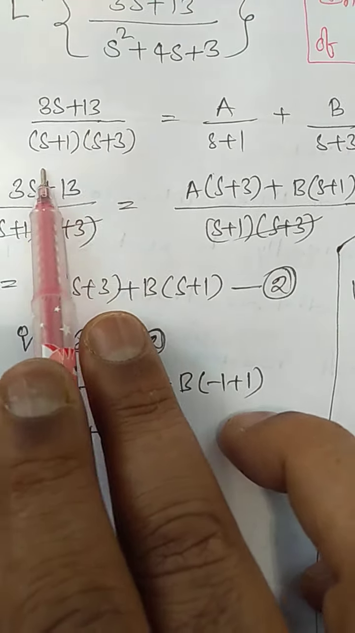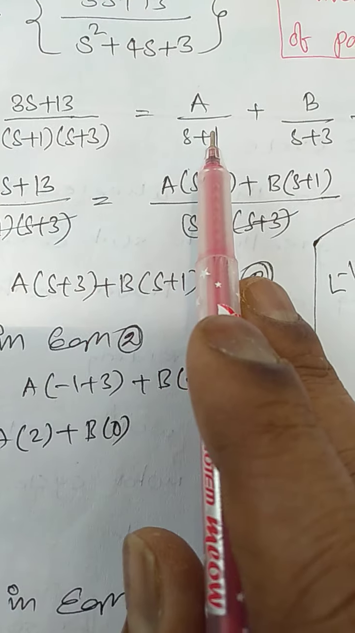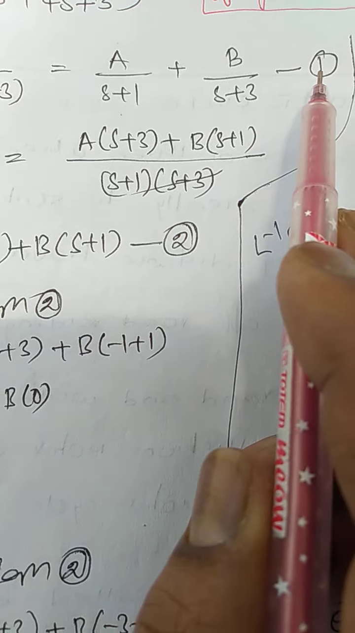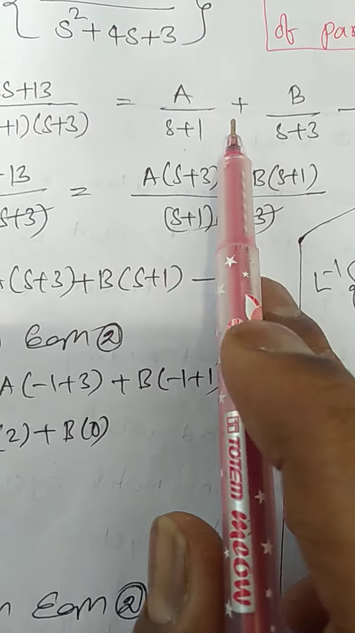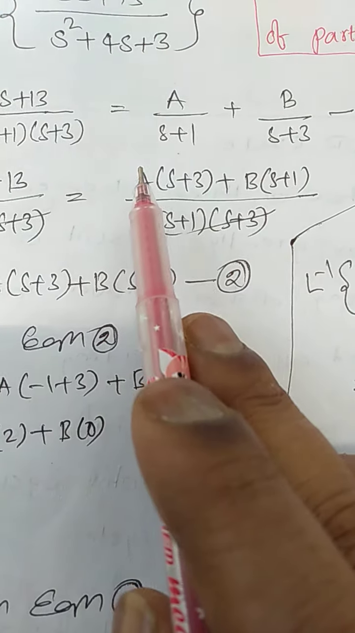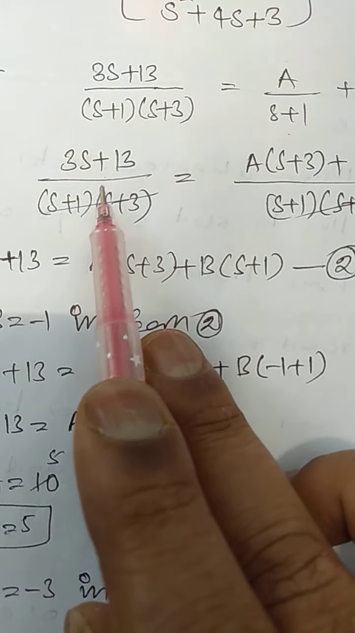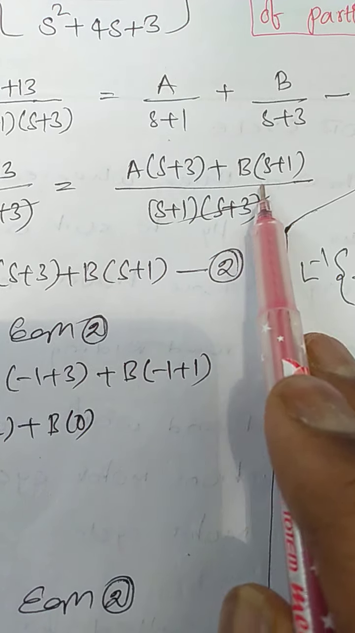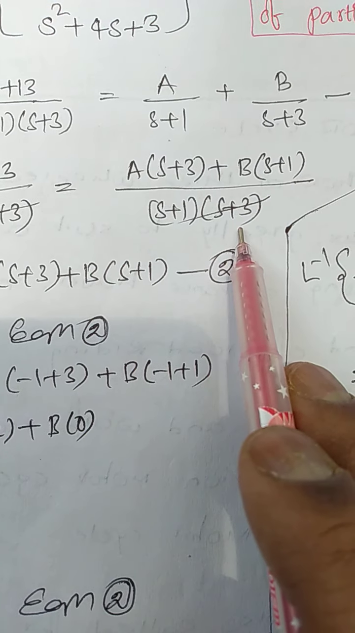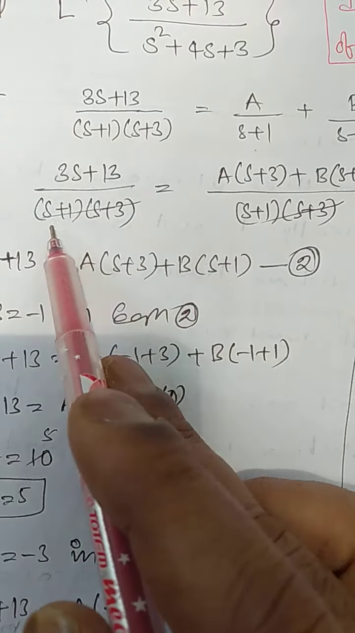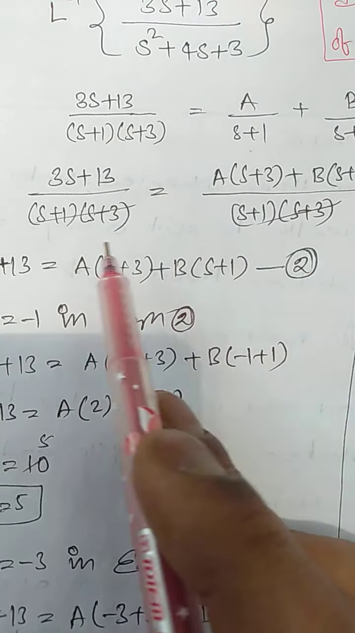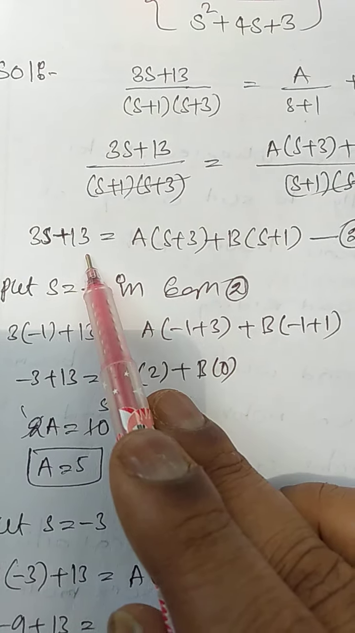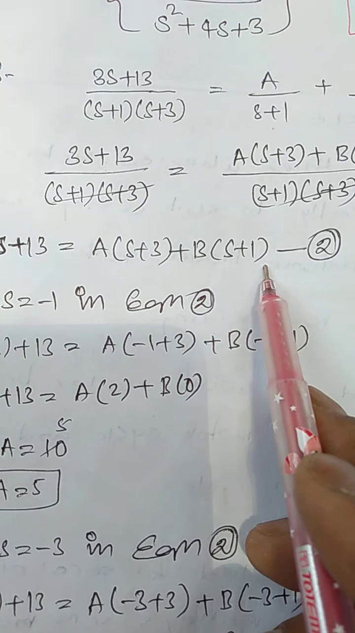In the denominator we have two factors, so we can write it as A divided by the first linear factor plus B divided by the second linear factor, assume as equation 1. Now we have to find the values of A and B by using LCM. (3s + 13) divided by (s + 1)(s + 3) is equal to A(s + 3) + B(s + 1) divided by (s + 1)(s + 3). The denominators are the same, so we cancel them. So we get 3s + 13 = A(s + 3) + B(s + 1),